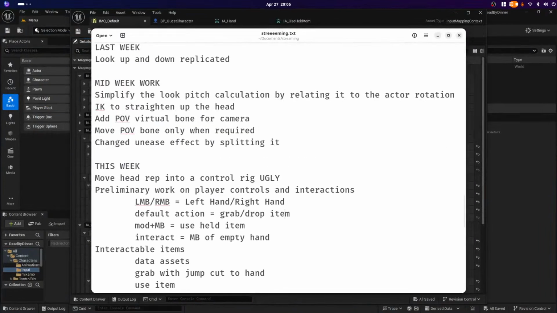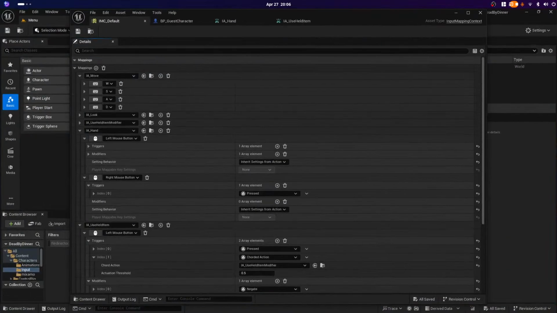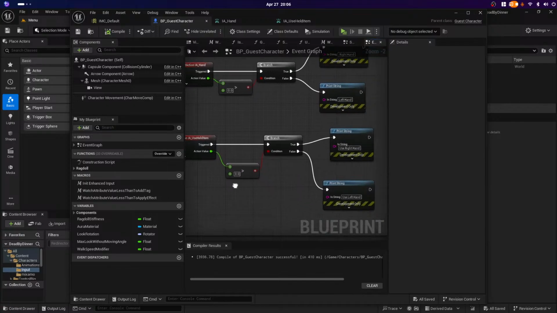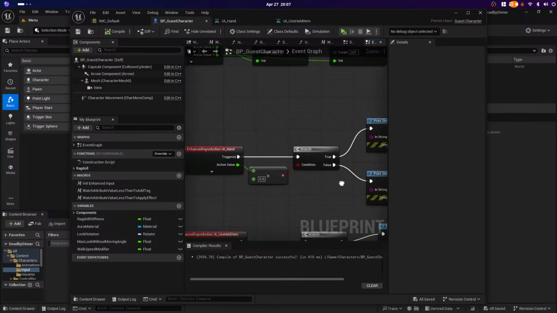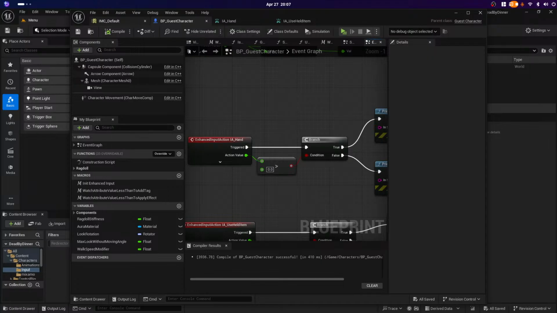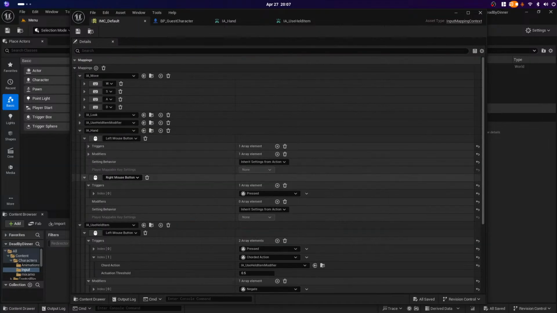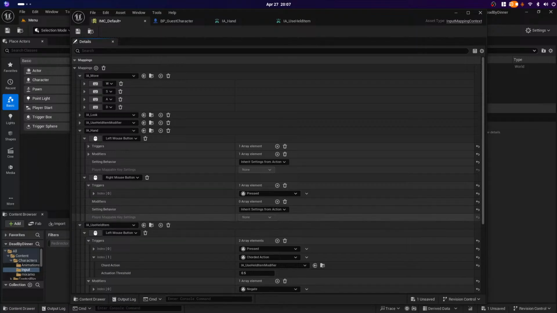Let's go over here. So we have empty hand. All right. There's one last thing that we're going to do. That's if the hand is empty, that we're going to do something different. I don't think we have that kind of thing in the input system, right? We can't go, oh, this will trigger if there's nothing there, right? So that will be done